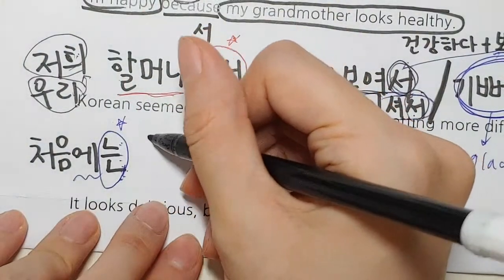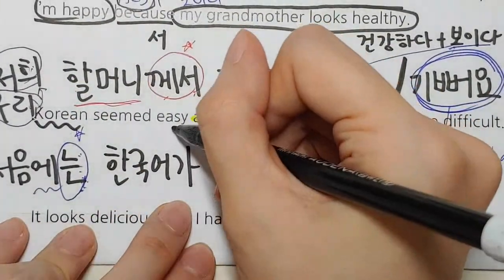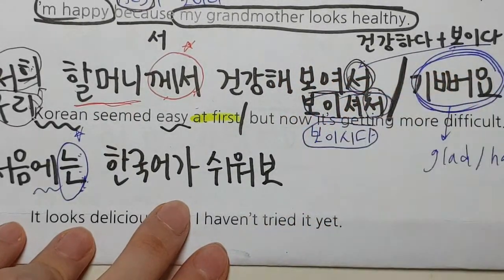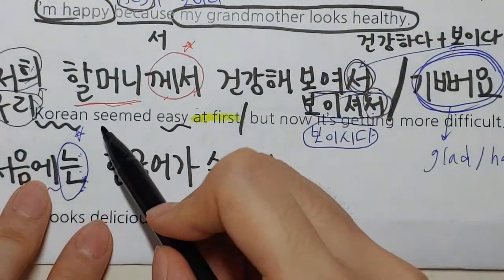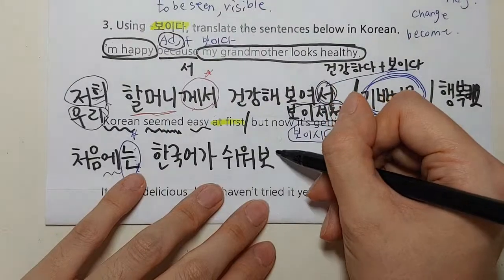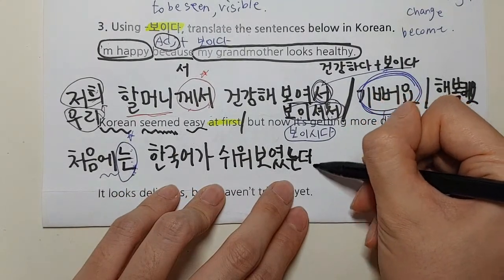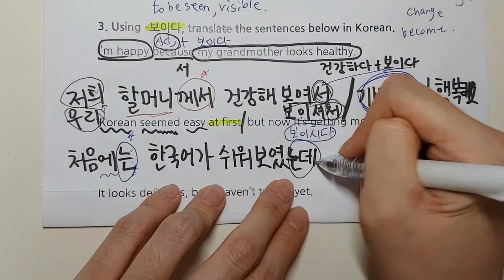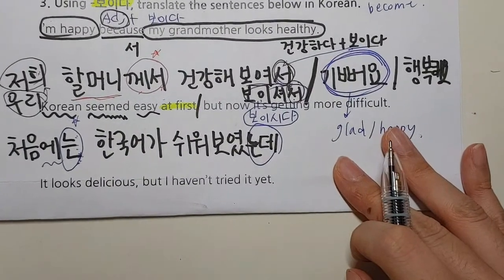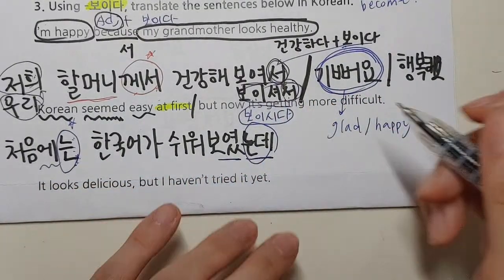So 처음에는 한국어가, Korean, 쉽다 combined with 보이다. 쉬워 보이다, right? You have to conjugate 보이다 in past form because it seemed that way in the past, right? 처음에는 한국어가 쉬워 보였는데 and combine it with but. 는데 conjunction. So it's getting more complex. We're practicing with more complex sentences as we move up, right? So I hope you are following me. 처음에는 한국어가 쉬워 보였 combined with 그런데 conjunction and put 는데. 보였는데